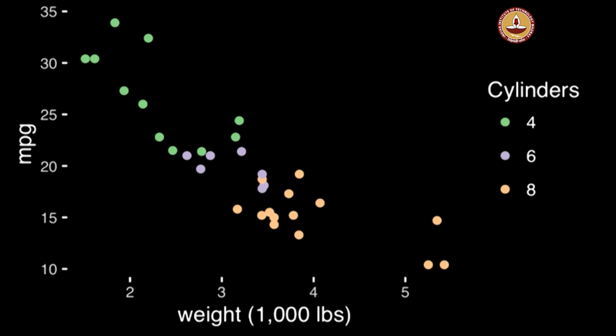right. So, these are the muscle cars, the 8-cylinder cars are the muscle cars, which are extremely powerful, but they also consume a lot of fuel. Okay. So, they are also heavy. Okay. So, they are heavier, they are more powerful, have more cylinders. Okay. So, this is one version, maybe the first cut of that. You do this, this insight comes through very clearly,